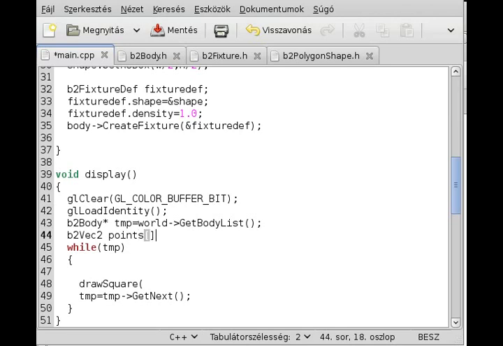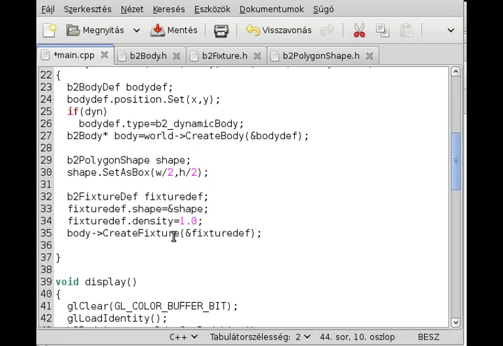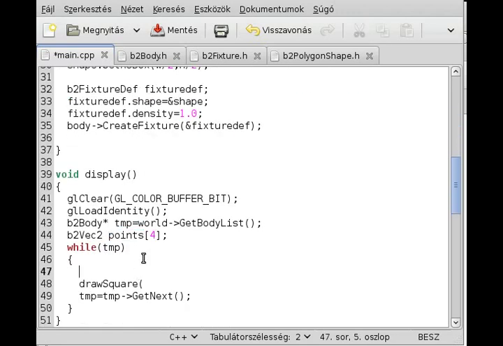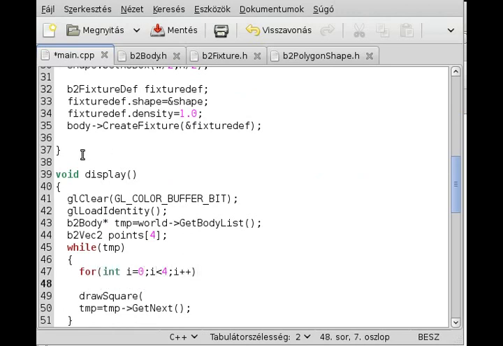And these points will have 4 elements because we just add rectangles. Every rectangle has 4 vertices. So I use a for loop: for int i equals 0, i less than 4, i plus plus. Of course, if you add circles, you have to check if the current body is a circle or something. But for now, I'm pretty sure we only have rectangles, so I can just use a for loop to get the 4 vertices. So points i equal to